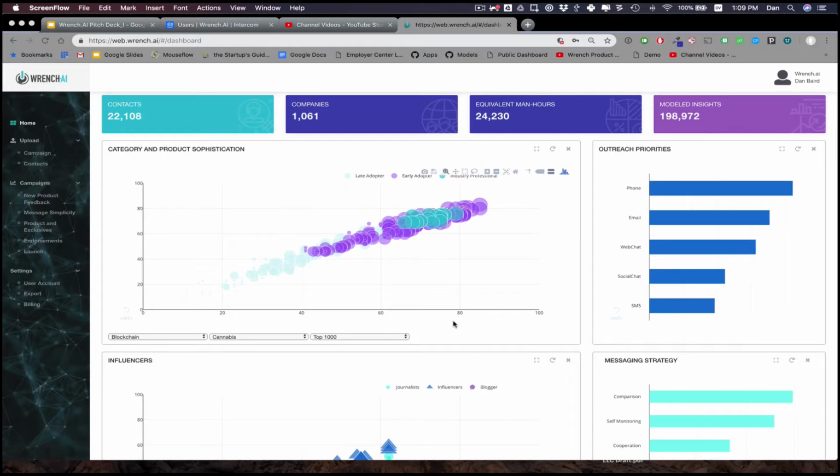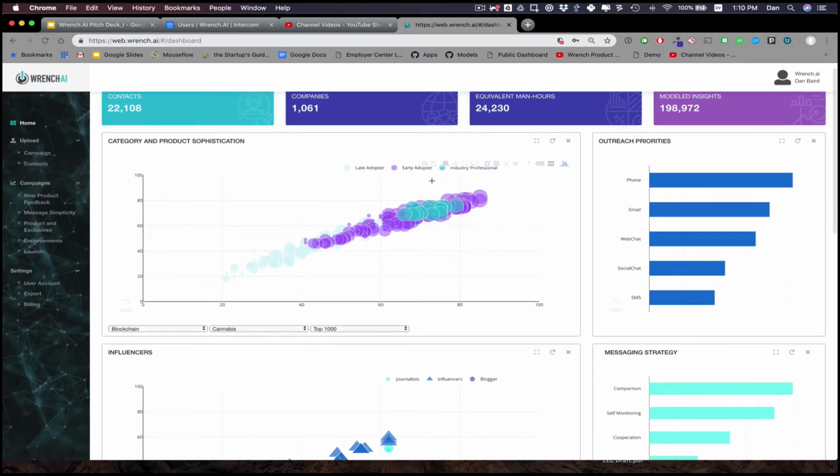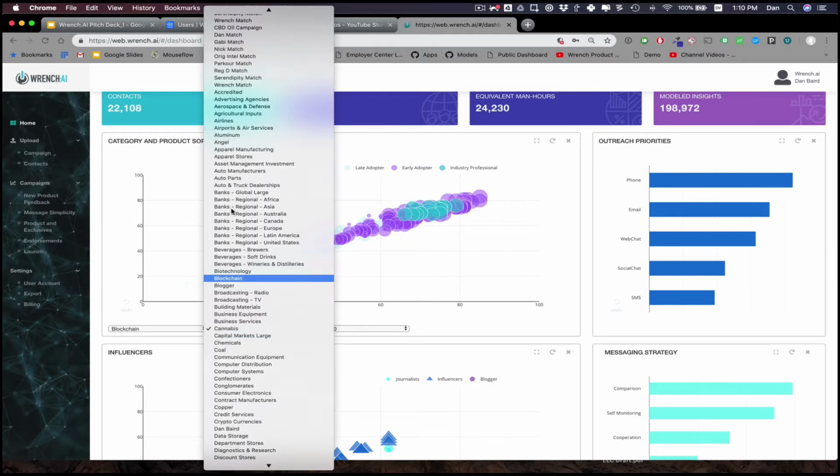Okay, welcome to your dashboard. This is where you can essentially start seeing some of the data in action and play around a little bit too. It has some of your high-level metrics. Obviously, you can navigate around on the left side to either add more campaigns, add more contacts, or view the actual campaign pages. In the middle, what you've got are the scatter plots that can help you understand, in some